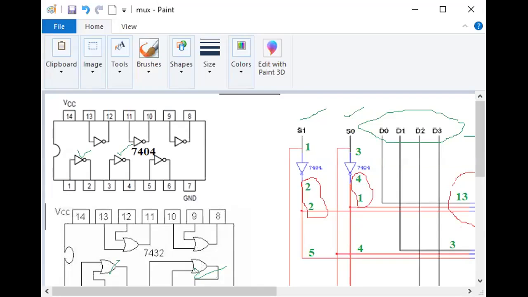Okay, so you can see pin number 2 of NOT gate is connected to pin number 2 of AND gate. Pin number 4 of NOT gate is connected to pin number 1 of AND gate, and pin number 13 is connected to D0. Okay, so this is D0. Similarly,